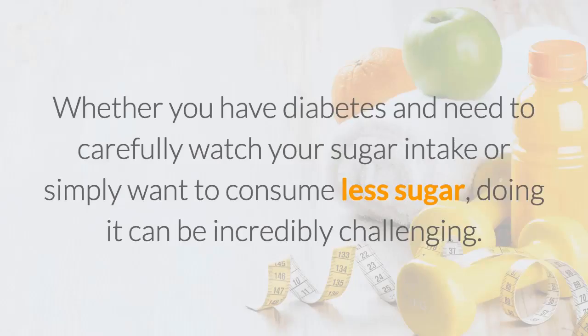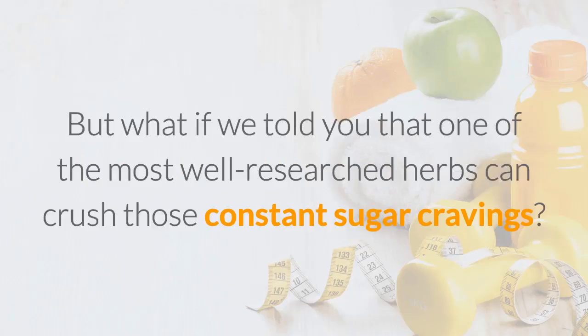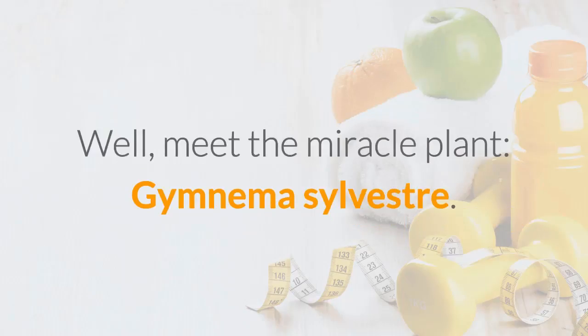Whether you have diabetes and need to carefully watch your sugar intake, or simply want to consume less sugar, doing it can be incredibly challenging. The fact you can find sugar in so many foods doesn't help either. But what if we told you that one of the most well-researched herbs can crush those constant sugar cravings? Well, meet the miracle plant,